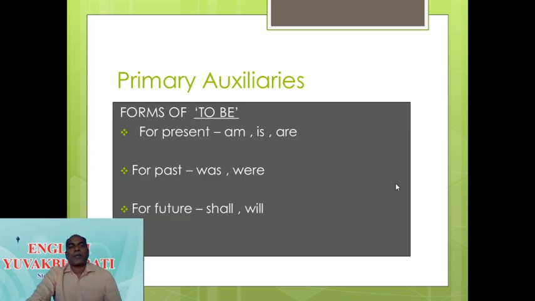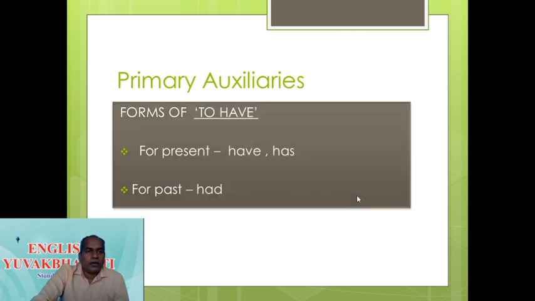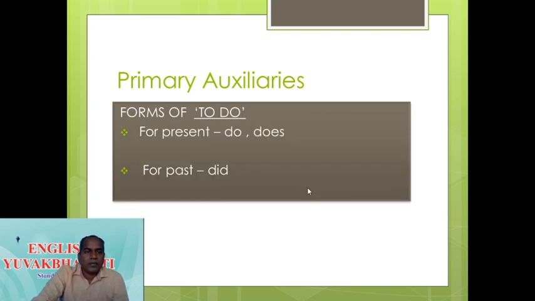Now the next topic is the forms of primary auxiliaries. Forms of to be: for the present am, is, are; for the past was, were; and for the future shall and will. Forms of to have: for the present have, has; for the past had. Forms of